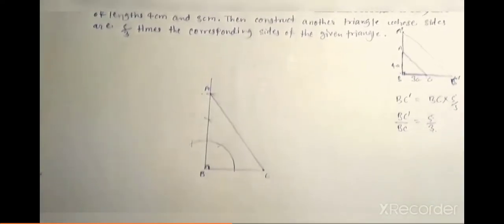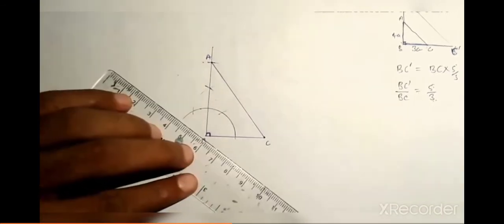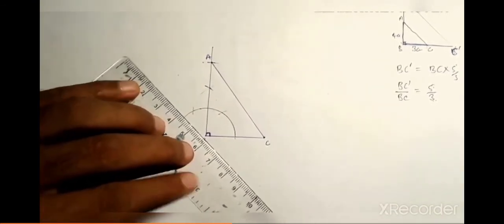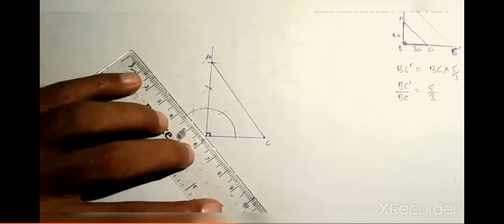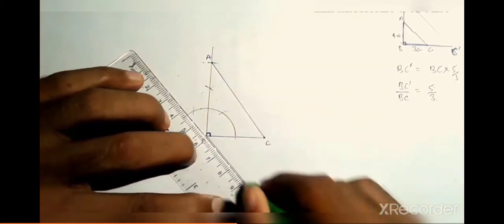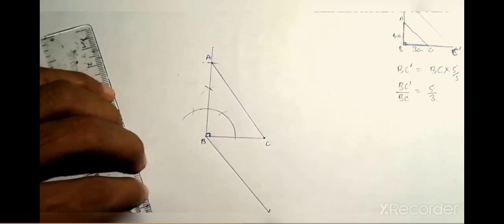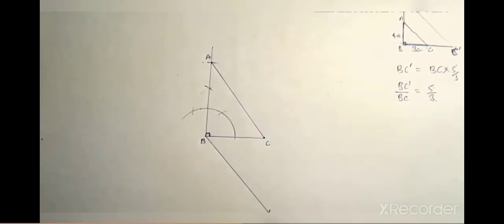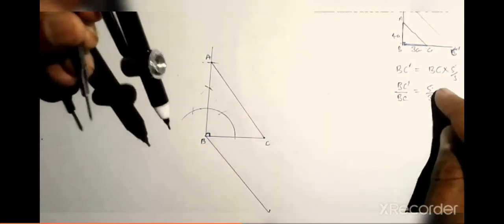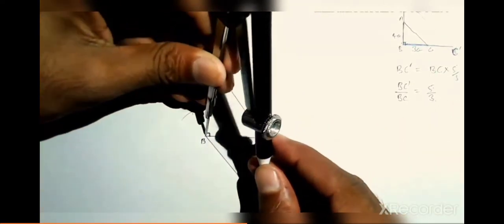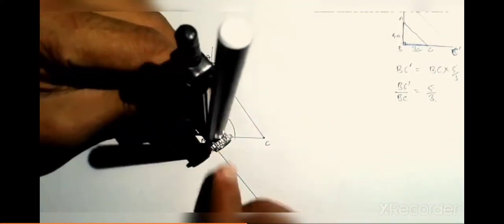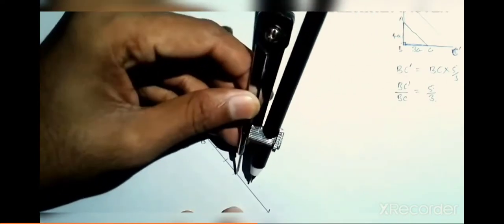So now take a scale and draw an acute angle to construct a parallel line. Then only can we draw it. Mark a point, then cut how many? What is the denominator? 5 and 3, but here which is the bigger number, 5 or 3? 5. So whenever the fraction is a scale factor you are constructing, you have to take the bigger number. So 5 parts, the bigger number 5.